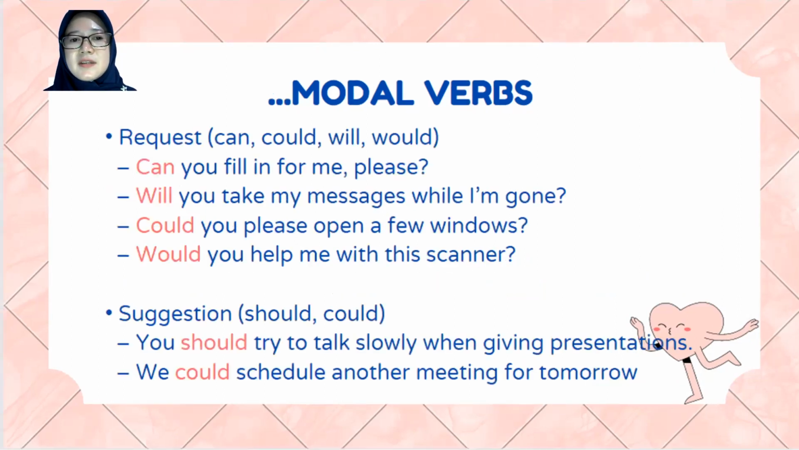Okay. Now the second one is request. The same as the permission. Request means you ask someone to do something. Permission, you ask someone's permission that you need to do something. Okay. And here you can see you can use can and will and could and would. And as I told you, if we use modal verbs in past form, it means these ones are more polite